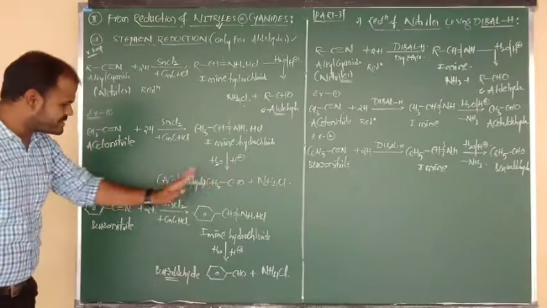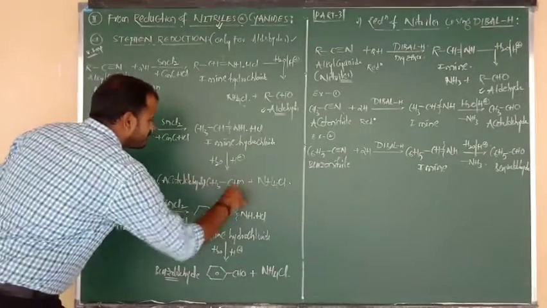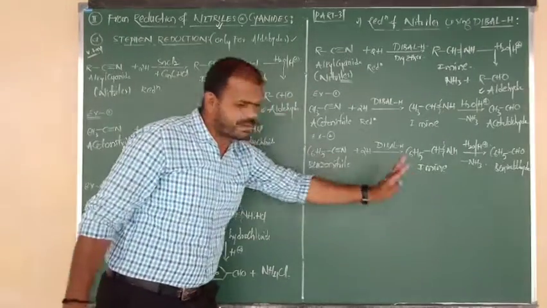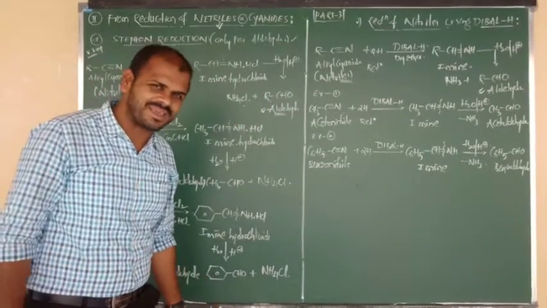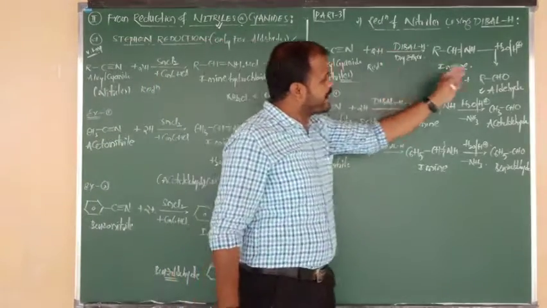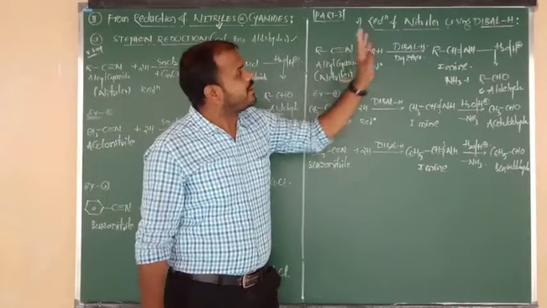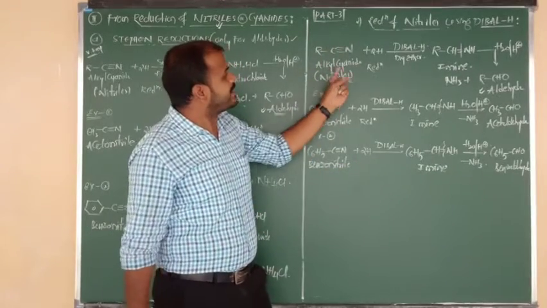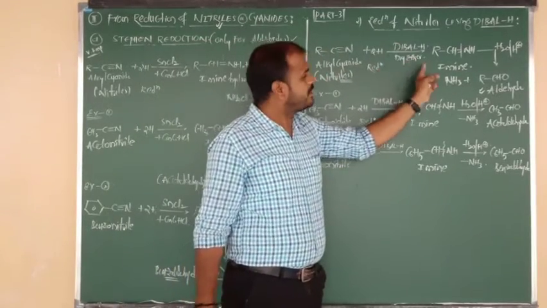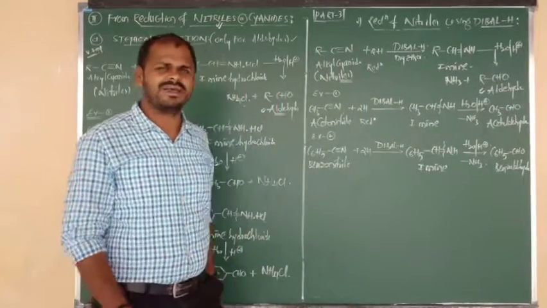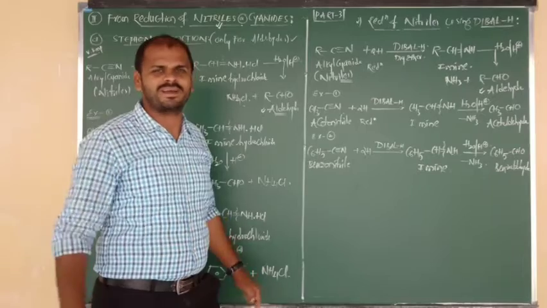So acetonitrile gives acetaldehyde, and benzonitrile gives what, beta? Benzaldehyde. It is the same story here. Okay? Good. So once again, the statement: how to prepare aldehydes from nitriles using DIBAL-H. Nitriles on reduction with DIBAL-H give imine, followed by hydrolysis gives aldehydes. Write it like this, just finish it in one line, beta.